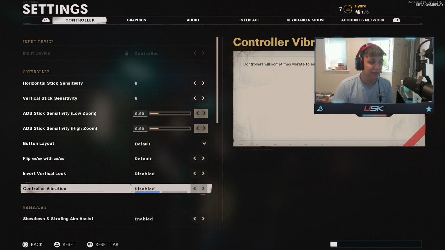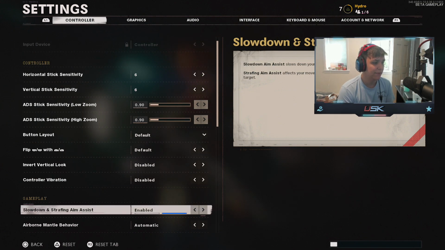But when it comes to being skilled and actually winning gunfights, you're putting that on the line because controller vibration can really mess up your shot because of those vibrations that mess up your pinpoint accuracy. So that's why I have controller vibration off, and I've had it off for years now, man. I made the decision to switch it off, and I just kind of stuck with it ever since because it's so much better in my personal opinion.